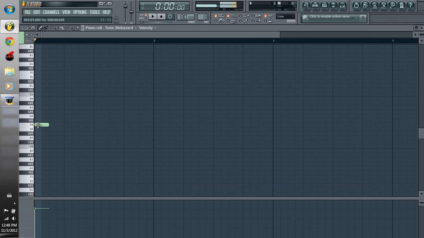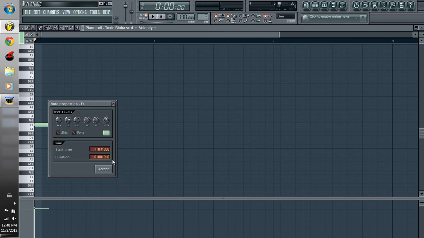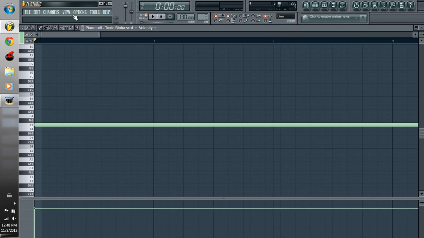It's one of the best notes for, I guess, a grungy sounding sweep. You'll hear what it sounds like when we get to it. Okay, and so now we have 16